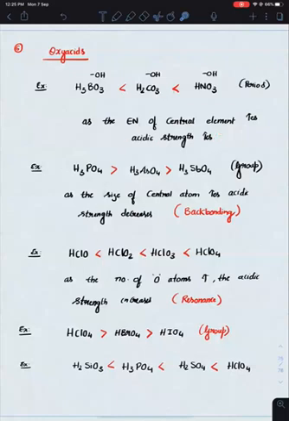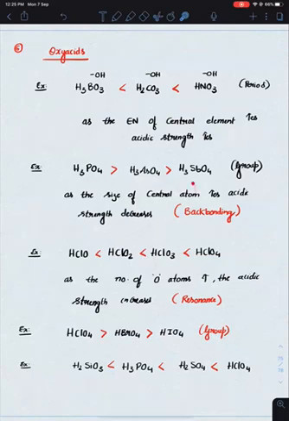इनका reasons जो है we will be seeing in further chapters. अभी नहीं बताया मैं आप लोग को. We will understand the reasons after studying chemical bonding and some concepts of organic. Okay. In a group, as the size of the central atom increases, acidic strength decreases. Okay. But in case of hydroacids के case में क्या होता है? If the size of the central element increases, acidic strength increases. HI greater than HBr greater than HCl greater than HF.